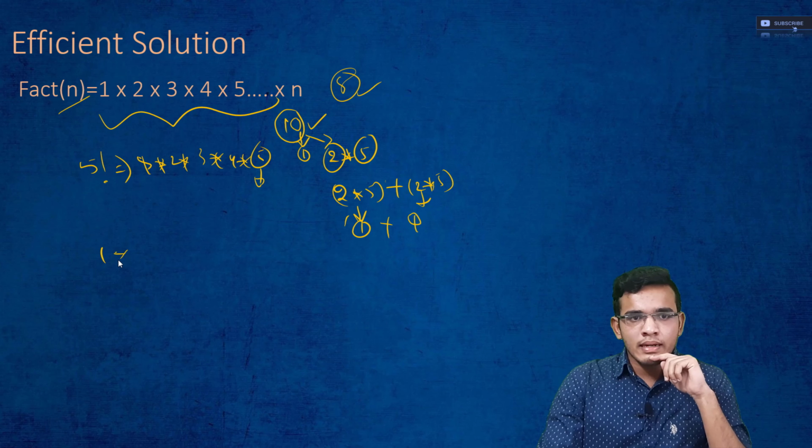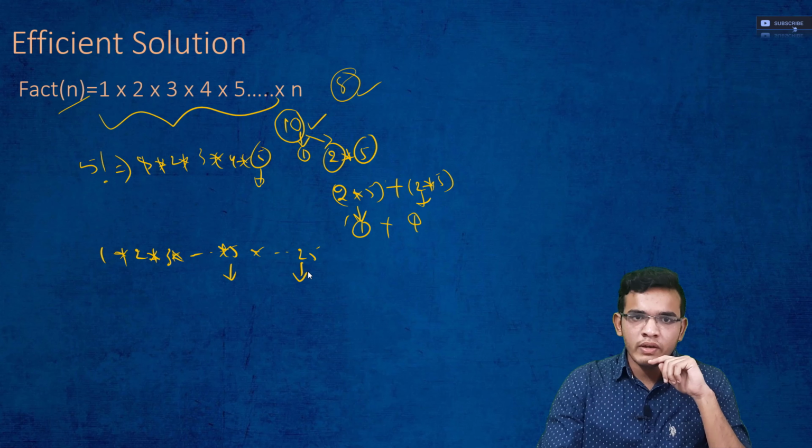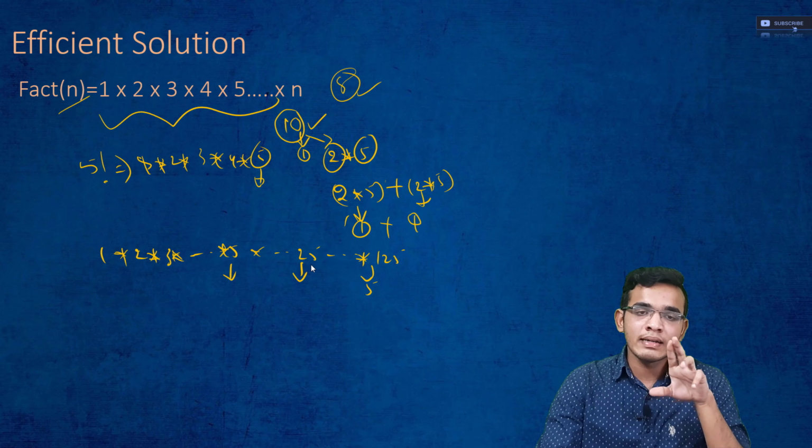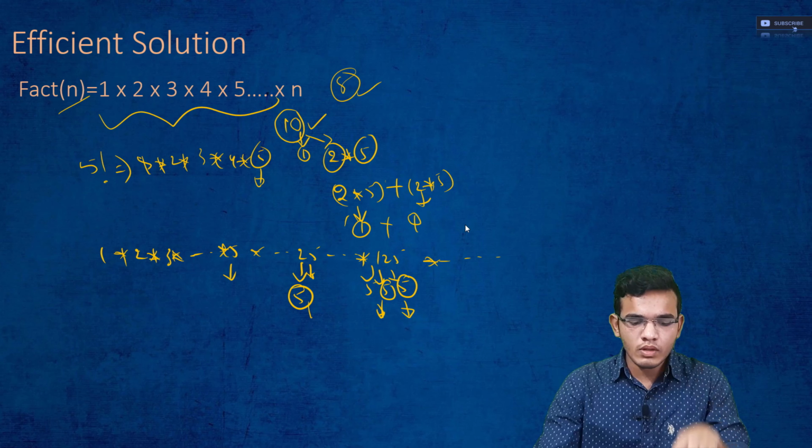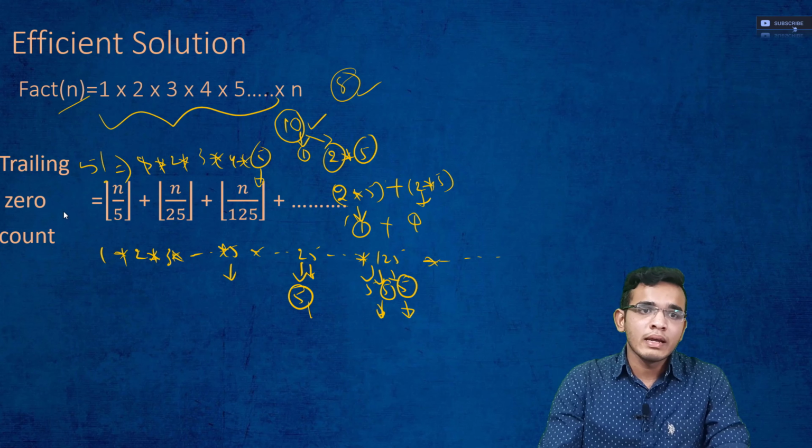How does this become true? Let us consider the series like this: somewhere it is 5, and so on, 25. Initially I consider one 5 here, one 5 here, and similarly one 5 here. But I didn't consider the second 5 from here, and I didn't consider the second 5 from here and the third 5 from here. So I will take another 5 from here, and another 5 from here. Similarly, in the third iteration I will take another 5 from here, and this process continues for every multiple of 5. So the generic formula could be like this.